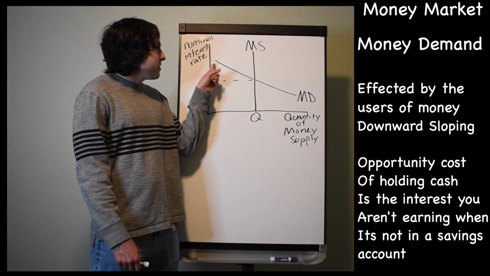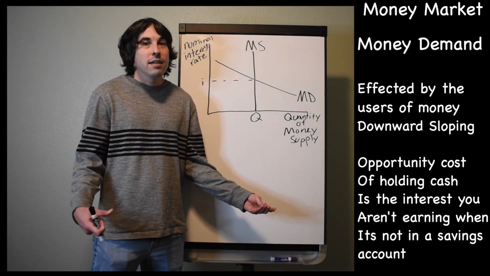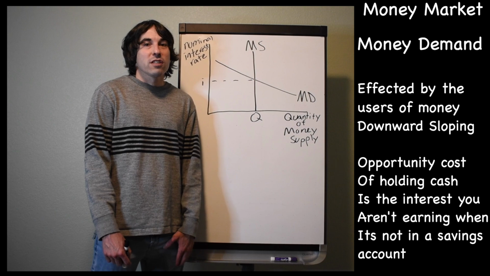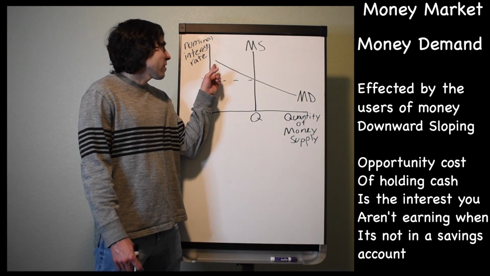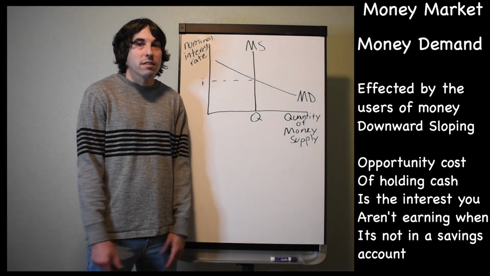Up here at the very tip of the money demand curve is your transaction demand for money. Because at the end of the day, we're not checking out what interest rates are looking like before we go into the grocery store. No matter how high the interest rate gets, we need to buy things like food and